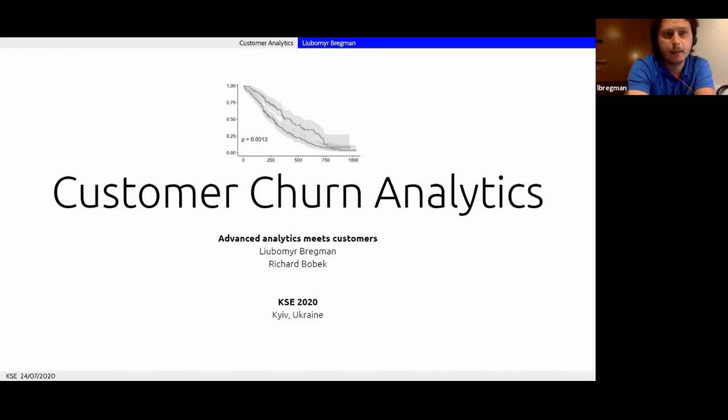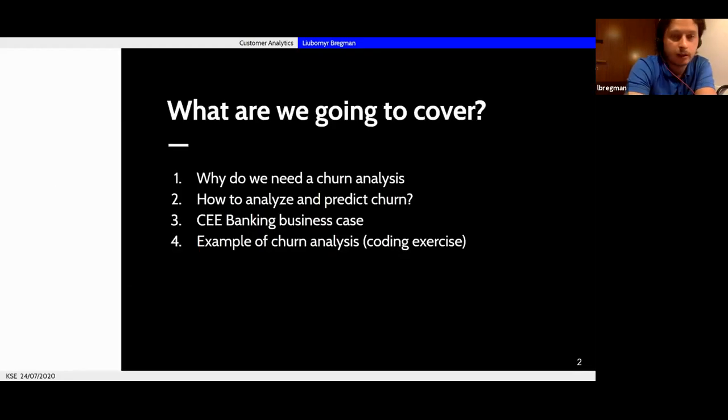Okay, well. Let me start. I think that the churn analysis is the most widely applicable use case for analytics. It applies to every single business. The idea is that you predict whether your customer is still your customer, if he's still loyal, if he's still visiting, or you're predicting the event when he stops being your customer. Probably that's the most important part of business altogether.